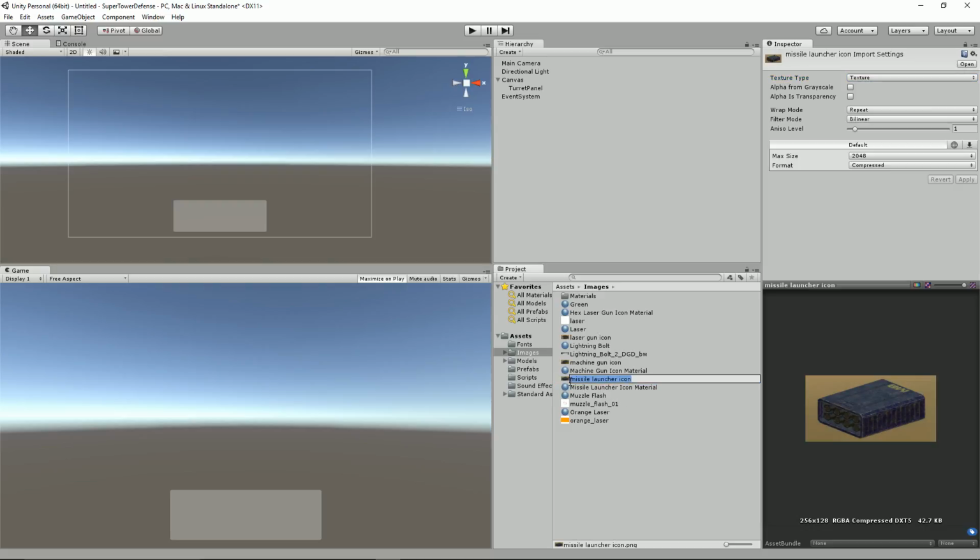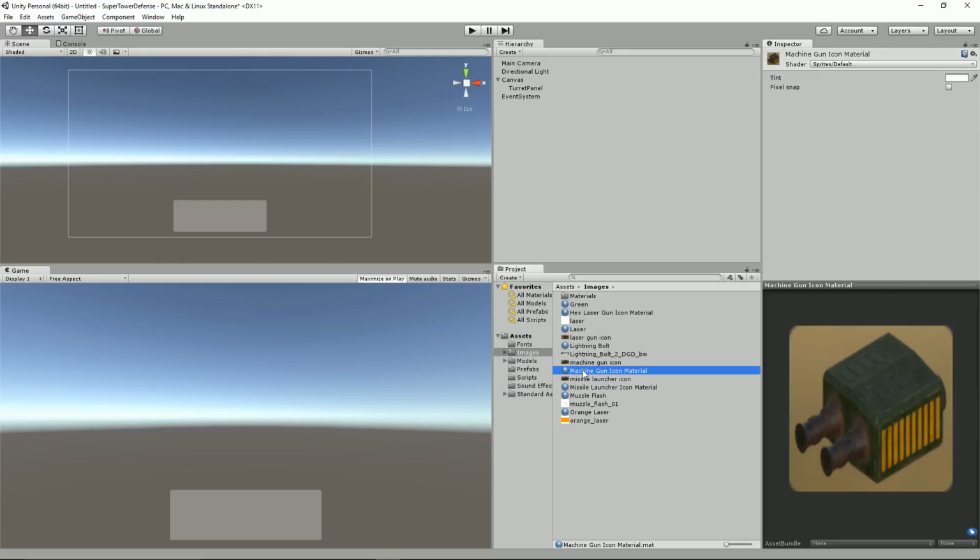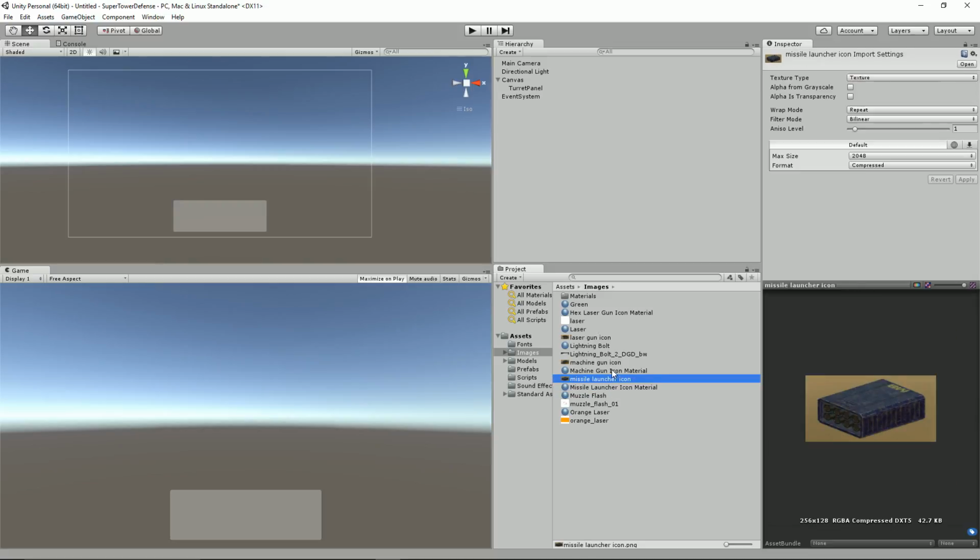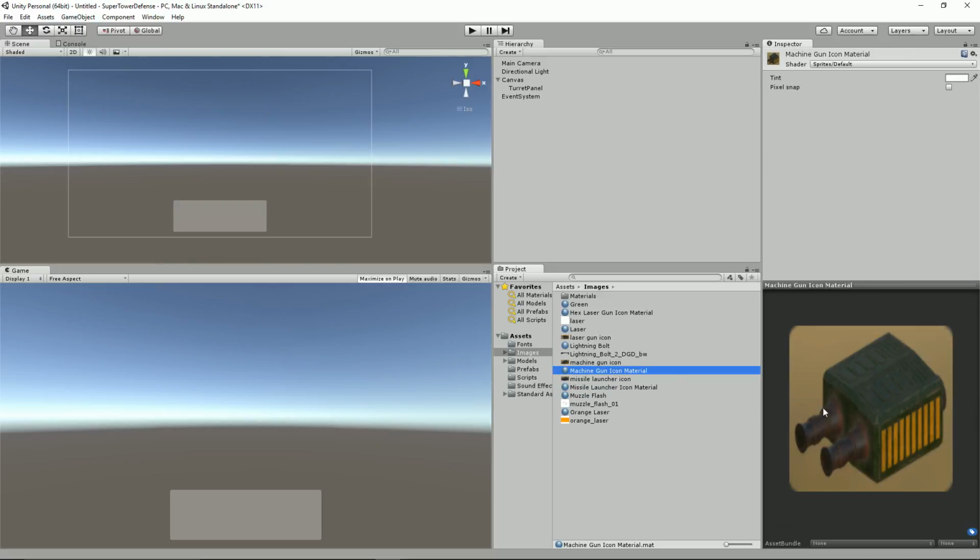So you've got a missile launcher texture, laser gun icon texture, and where's the other one? It must be the machine gun icon. There it is. Material, which is slightly different. Is that the one I wanted? No. Yeah, so these are the materials. Yes, so here we go. So that's machine gun icon material. Alright, so what we need to do is just add those in, and the way I did that was to